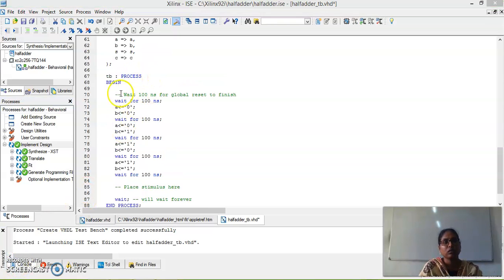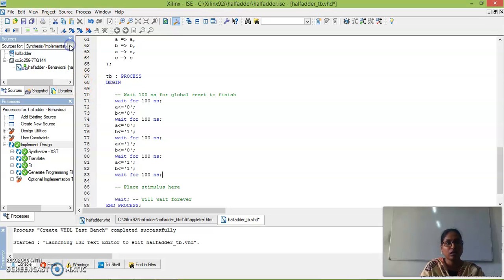So in the behavioral test bench, I gave the input combinations: A and B both 0, A0 B1, A1 B0, A1 B1. I declared the four possible combinations with a delay of 100 nanoseconds between each combination. This is how we have to give the combinations.